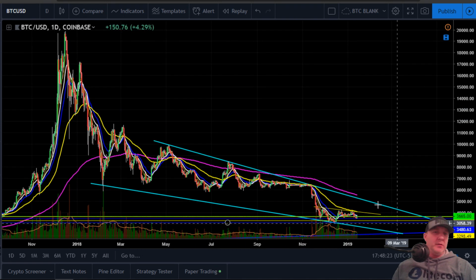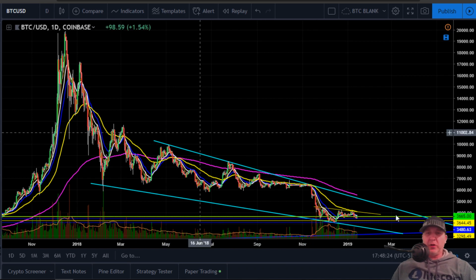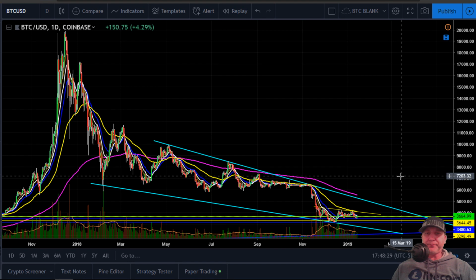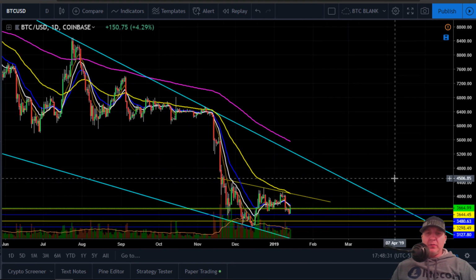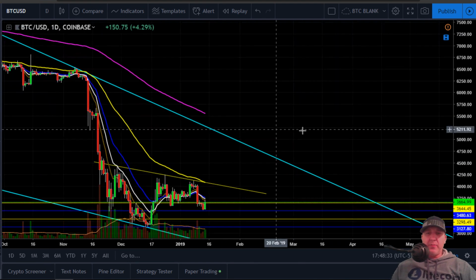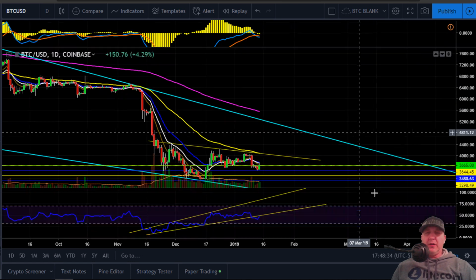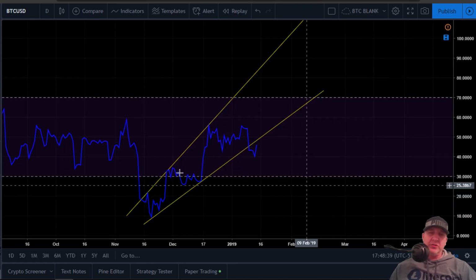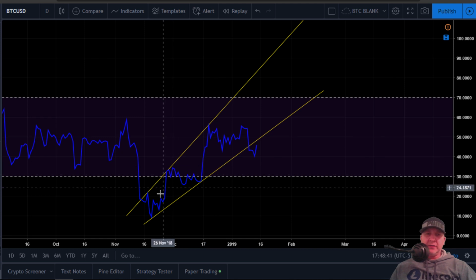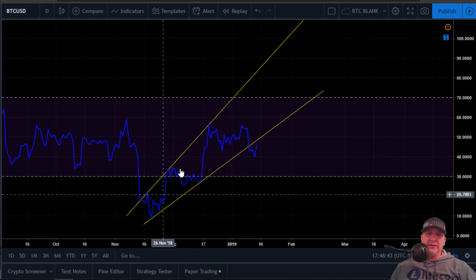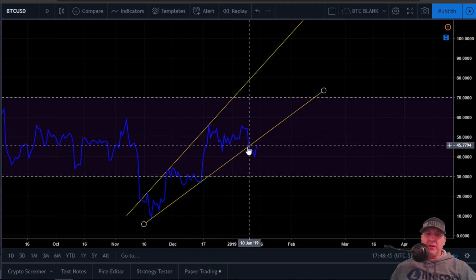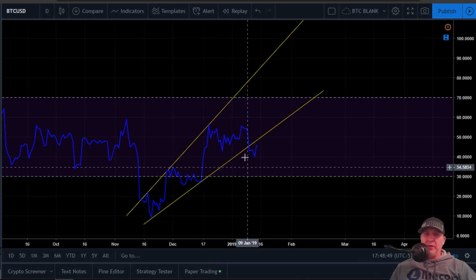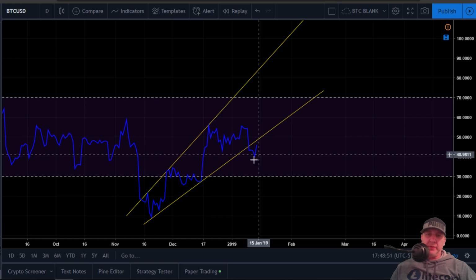Looking at this falling wedge or descending wedge, whatever you want to call it. Let's start out by getting into the daily RSI. If you watched my video this morning, in the last few days, you know I've been talking about this. This is the ascending broadening wedge I was watching and was telling you to watch this line, and if we broke down, we would have a sell-off, and that's what happened.